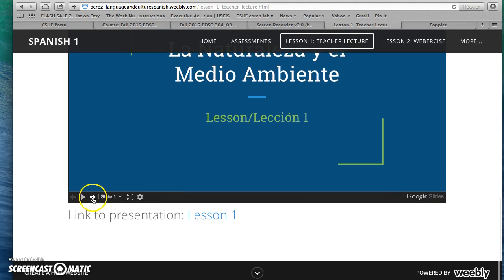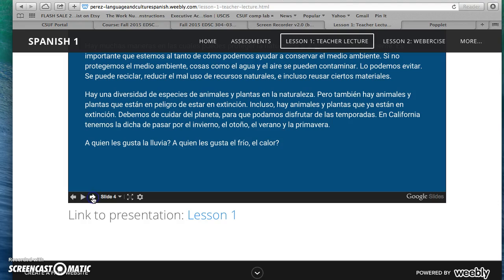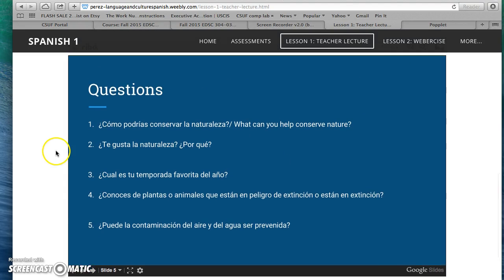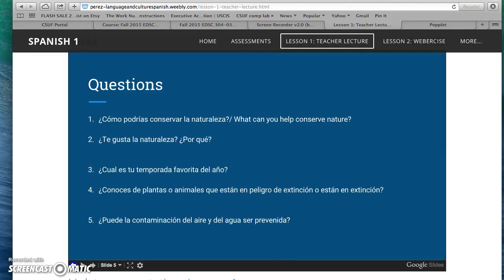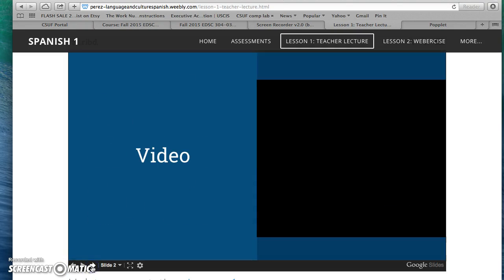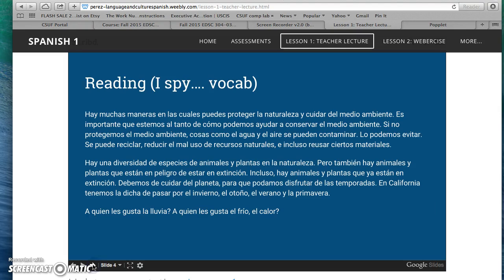So here in the presentation itself, it's not part of the guided notes, but I would still want to accompany it with the guided notes as part of the activity, as part of the lecture. So I'm just going to go ahead and move forward, but if we go back to the beginning here, it's basically just vocabulary, like an introductory video presenting the vocabulary for pronunciation purposes. And here we have a sentence or 2 paragraphs here,